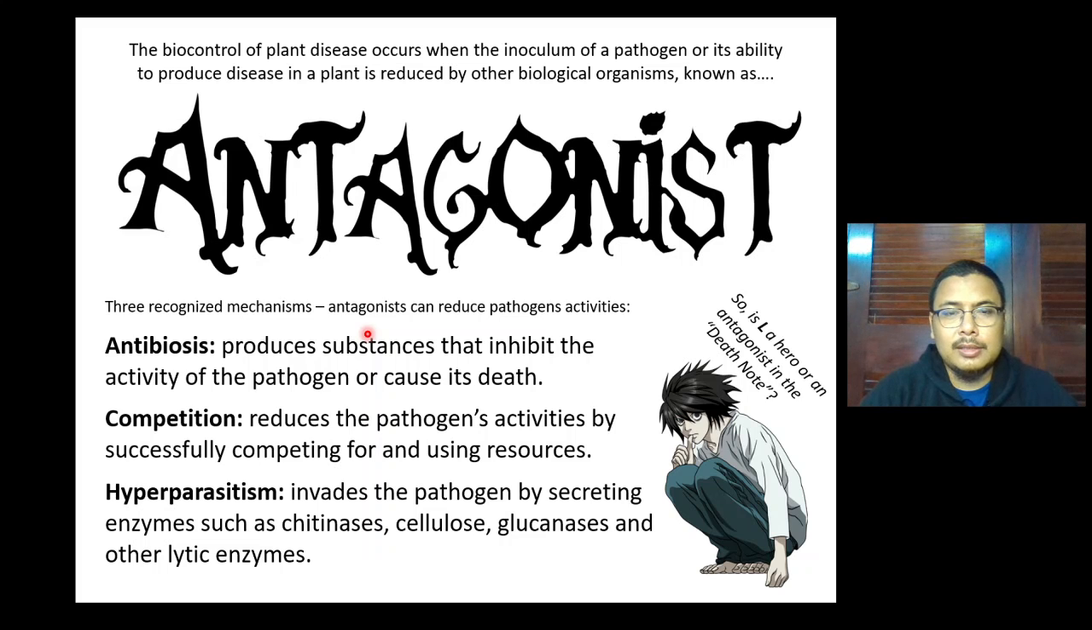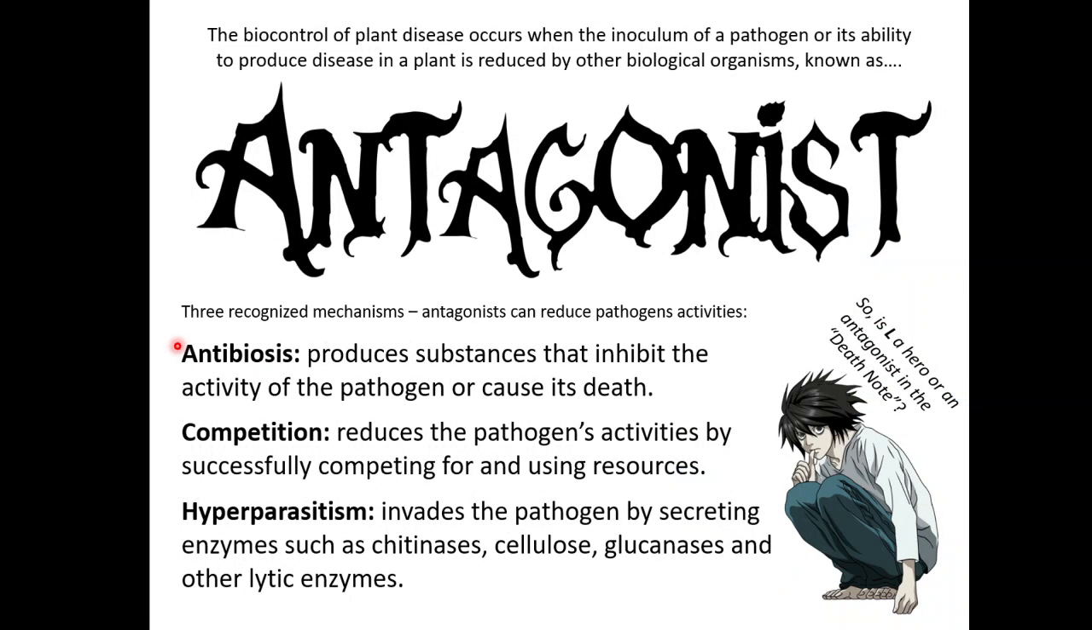So there are three recognized mechanisms whereby antagonists can reduce the inoculum or activity of these pathogens. First is antibiosis, where the antagonist produces substances that inhibit the activity of the pathogen or cause its death. These products can include lytic agents that break apart the pathogen cells, enzymes, volatile compounds, antibiotics,